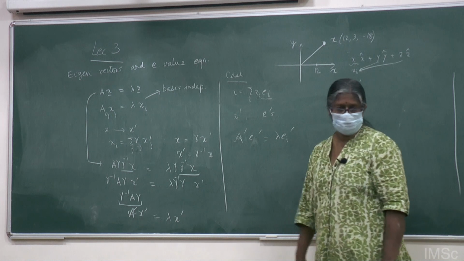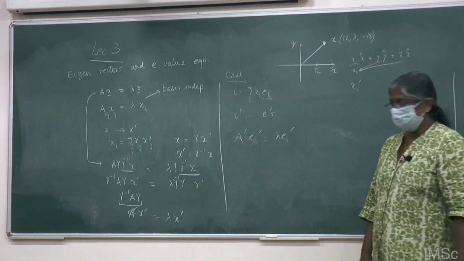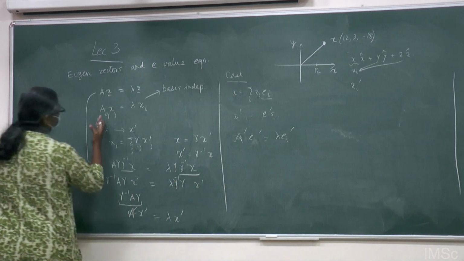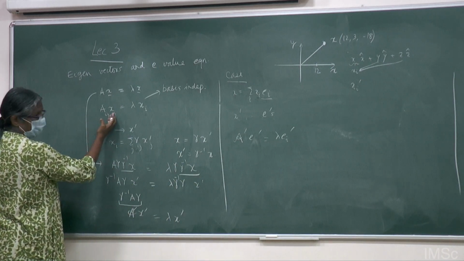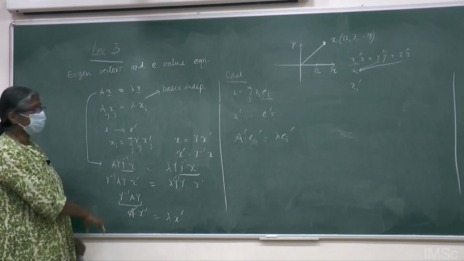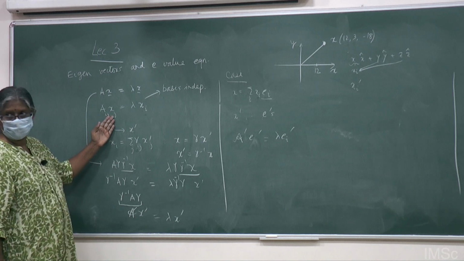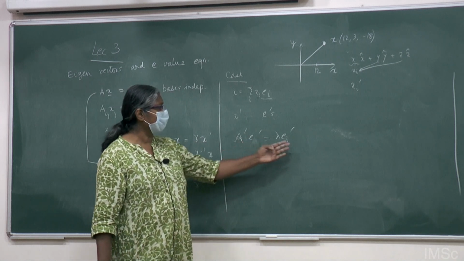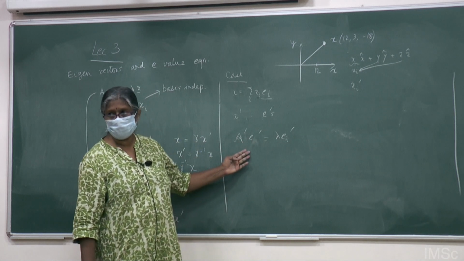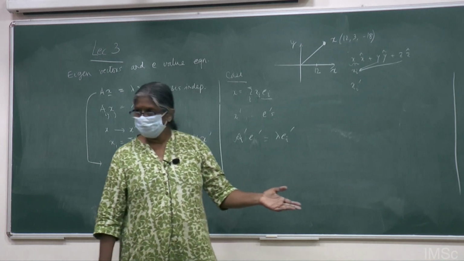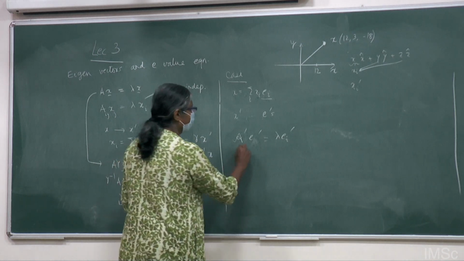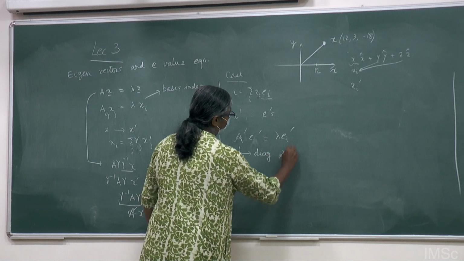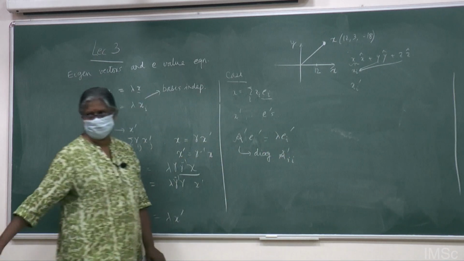What is the meaning of being orthonormal? This is actually a sum: a11 x1 plus a12 x2, so this contains x1, x2, up to xn. But because the e's are orthonormal, if the right hand side is e_i, the left hand side can only be e_i. All the other combinations are zero, which means that your A prime is just a diagonal object. That's the only way you can get it, a_ii. That's the only combination that survives. Is it clear?